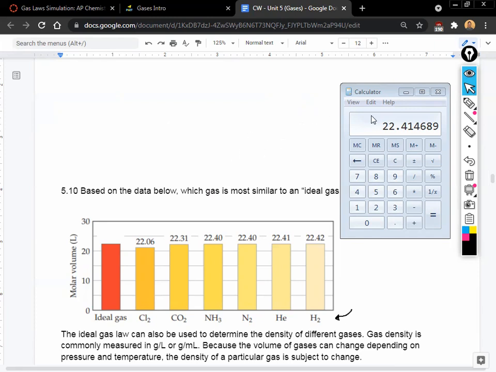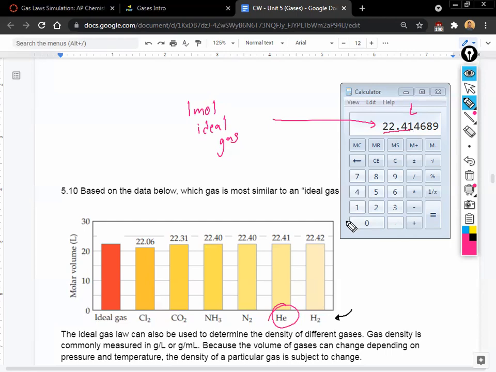Alrighty, guys. So let's go over this. If you guys are a little confused, basically all we need to do is take our answer from the previous example. We said that 1 mole of an ideal gas at STP is going to take up 22.41 liters of space. Okay, so we're going to go through this and just based on what you guys see, which one of these is most similar to an ideal gas? Helium. Yeah, helium. Good. Okay, so helium is most similar to an ideal gas because it has a number that's the closest to